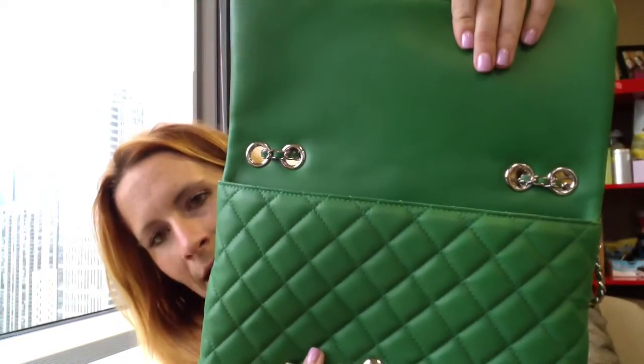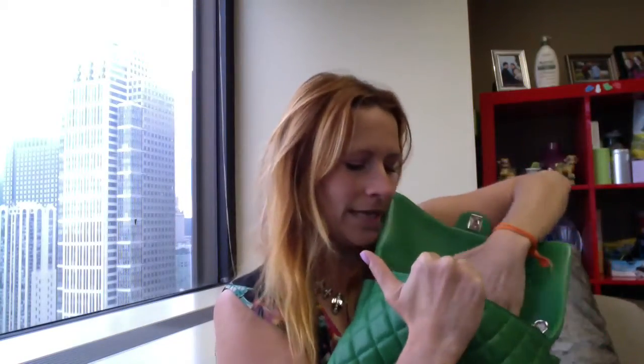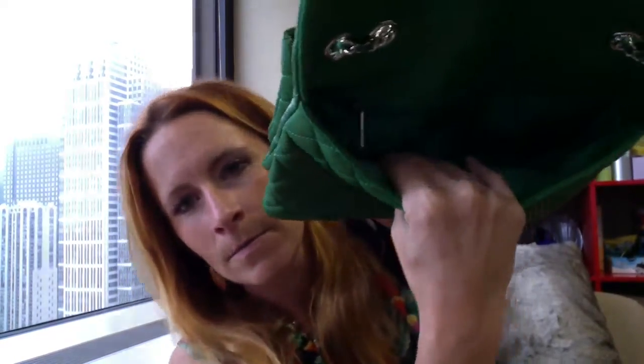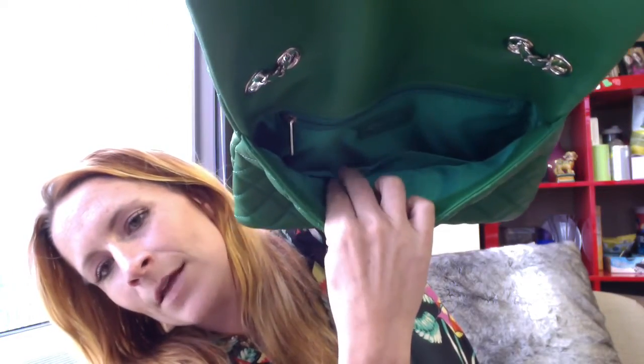So now this thing is empty. It's even smashier than it was before. And I'll show you what it looks like. Hopefully this will work out well. So when you open the flap, it's green calfskin on the inside. And actually, the interior is like a satin, which is very unlike most Chanel bags. You can see there's a pocket, right where my hand is, a little flappy pocket,